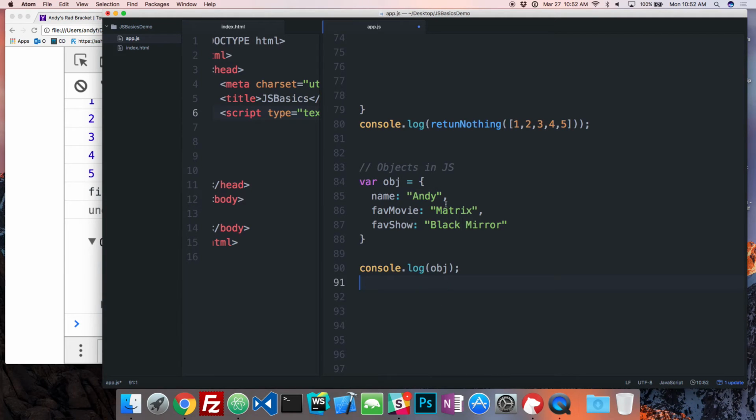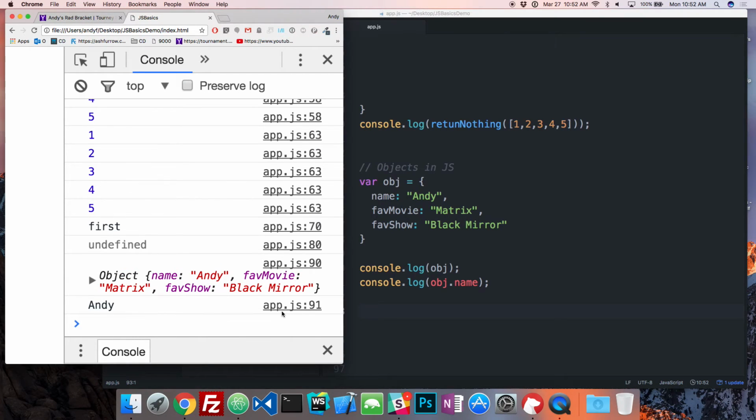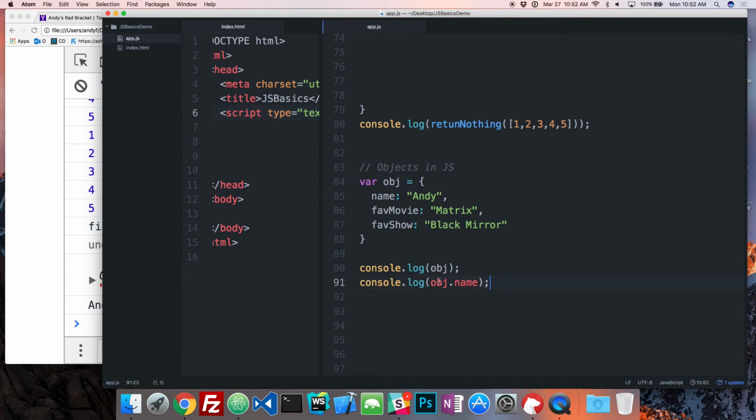So if we want to access this, all we have to do is console log object dot the key, like that, object dot name, and then we'll see Andy, app.js line 91. So we can access different properties by using the key with a dot notation.